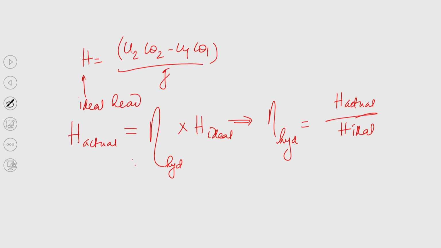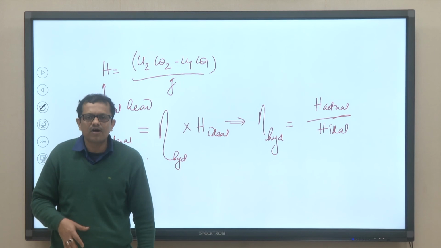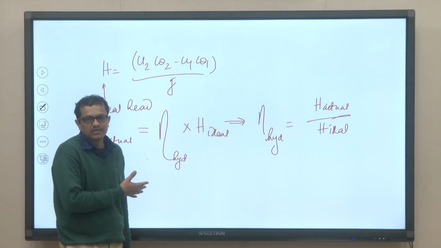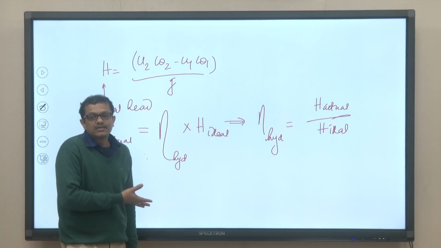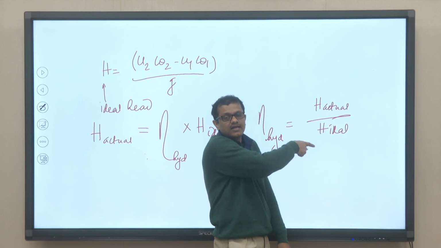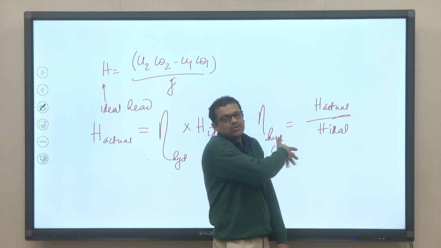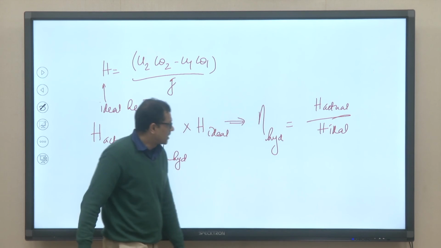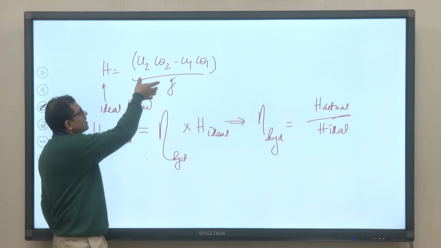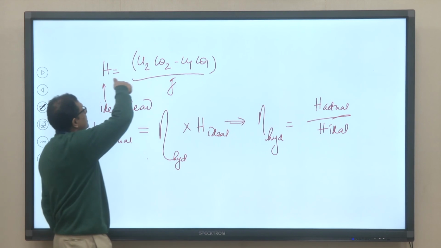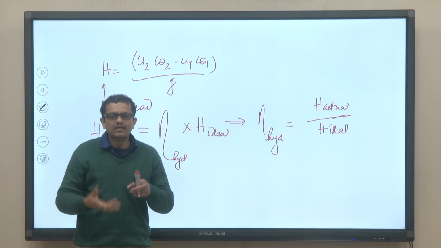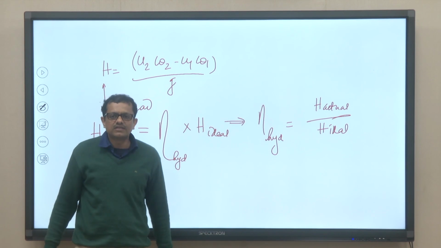There are different efficiencies we will be discussing in the context of the discussion in this course, but at least here today you should know this is known as hydraulic efficiency. Sometimes in many books it is written manometric efficiency. So, the actual head developed by the pump to the ideal head developed by the pump is known as the hydraulic efficiency. Okay. So, this is what is important, and we will see in the next class that by tuning these components we can see whether the head, the ideal head, that will be developed by the pump can be increased or decreased. So, those aspects we will be discussing in the next class.